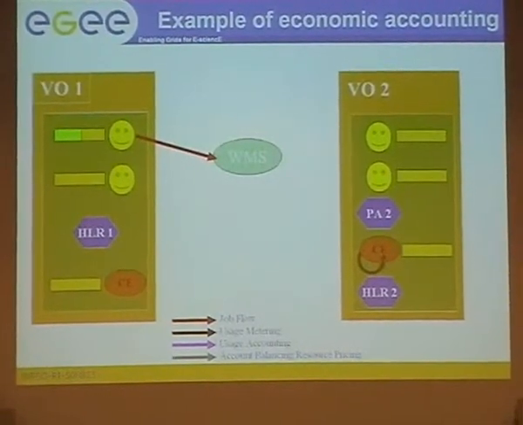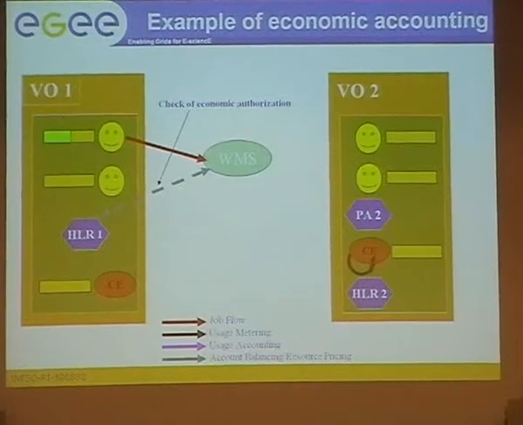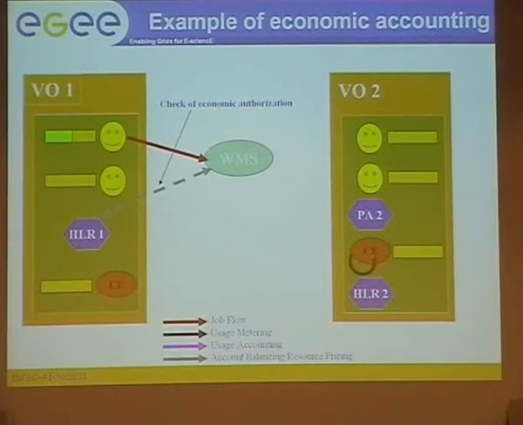At this step, his economic authorization, his fund adequacy, is checked, and if he has enough grid credits to submit a job, the job is, as usual, submitted to a computing element where the job runs, usage records are measured,